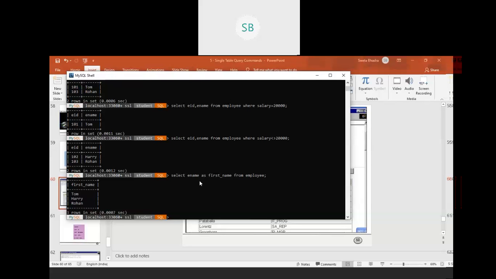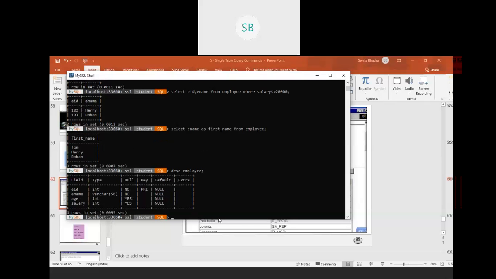So I have changed it to first name. Now let me check DESC of the table, employee. So see here it is not modifying the table. It was ename, so I have changed it to first name. Clear? Similarly, you can change age also, you can change salary also.